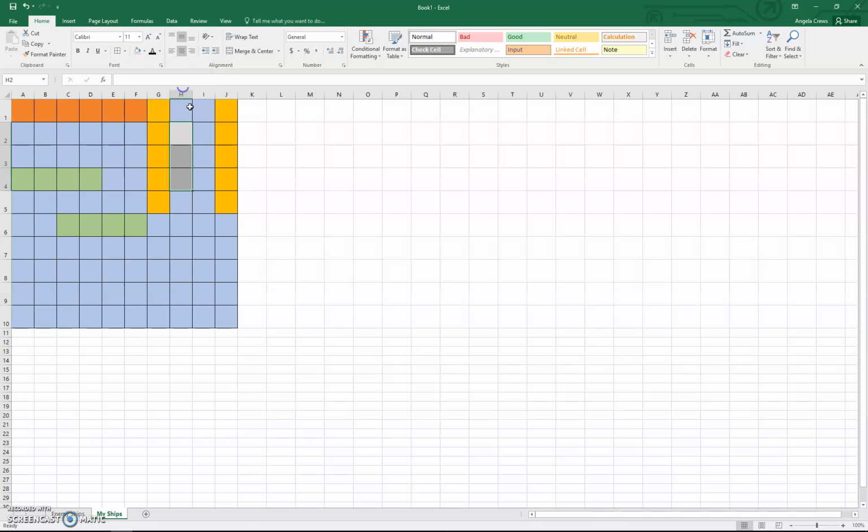2 light gray. And then 1 light red, that is 2 squares. Okay, so